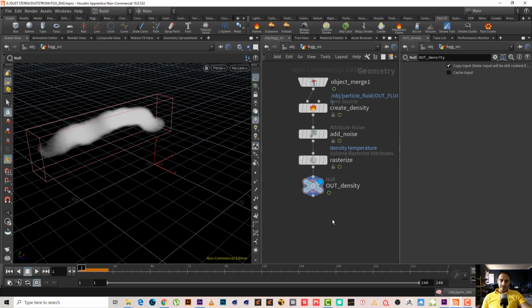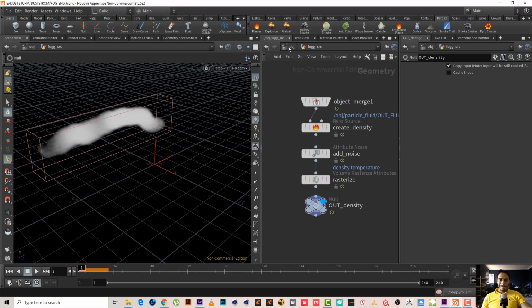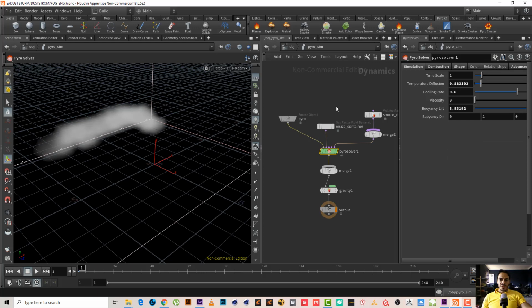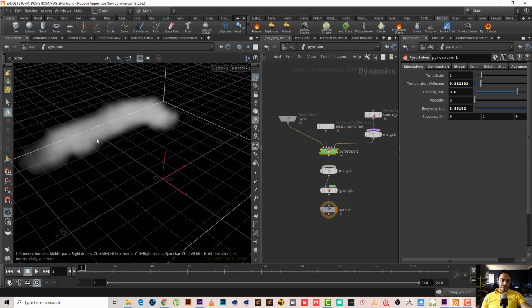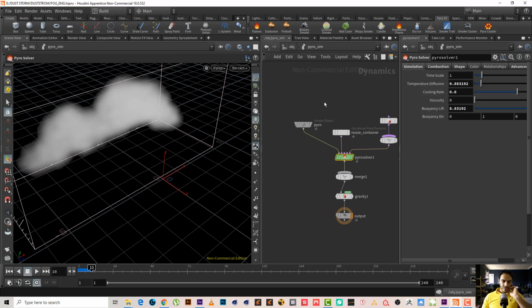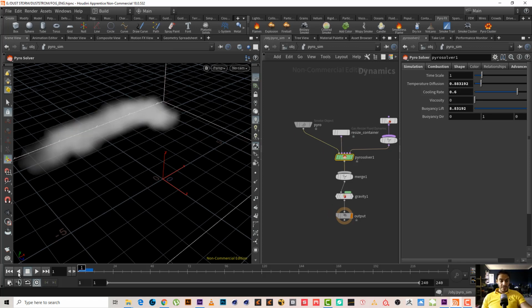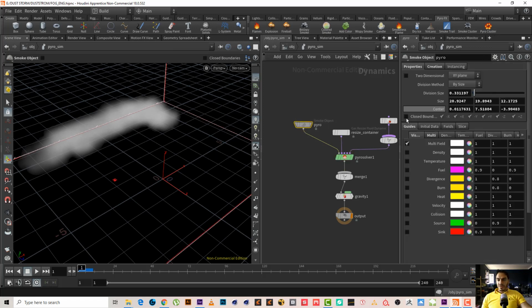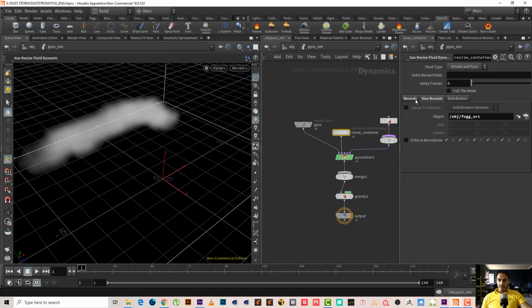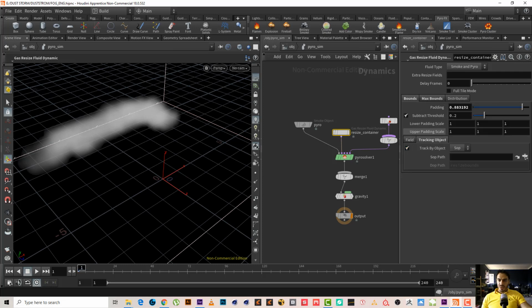Yeah, well, this one. Okay, so let's go here. Oh, and also now we need to modify the simulation, but also I want the color. But you know what, maybe I will add the color at the end, because white is more obvious than other. Okay, so first of all we need to go to gas resize, uncheck clamp to maximum, check tracking object,